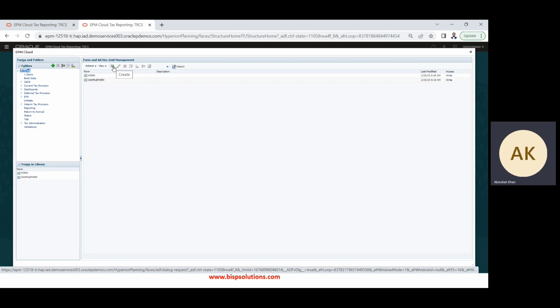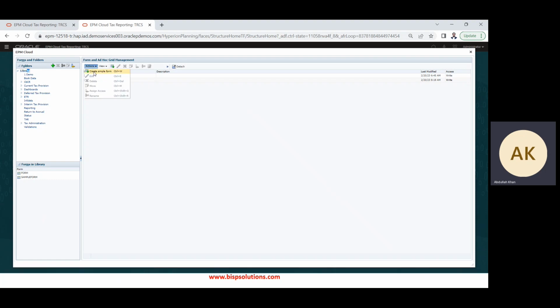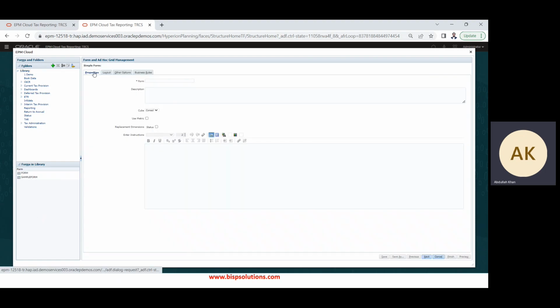I'll just go to the create button. We can create the form from here, or we can just toggle to actions and create simple form. So I'll just click on the create simple form icon. From here, first we'll have to define the name of the form that we want to prepare. In case I want to prepare a form whereby I can access the income statement totals for various years, I can create a form for that and give it a name